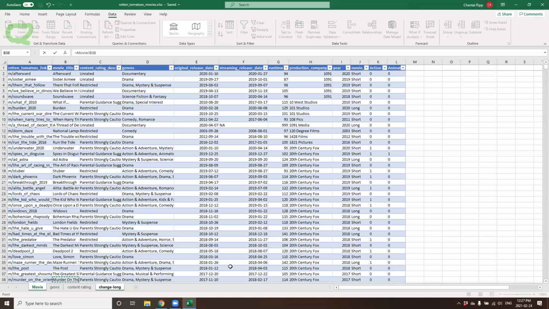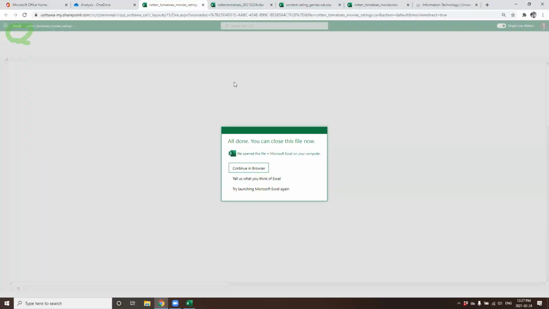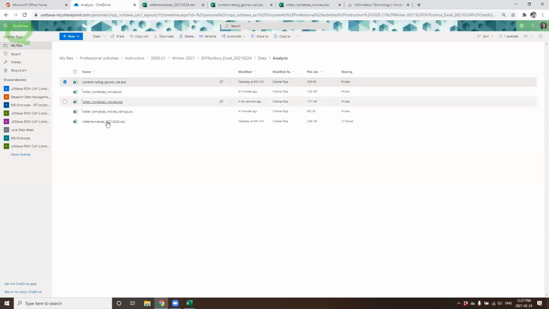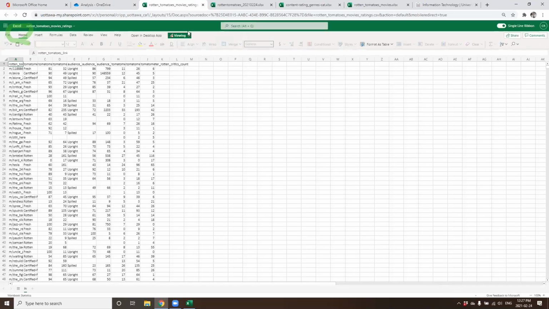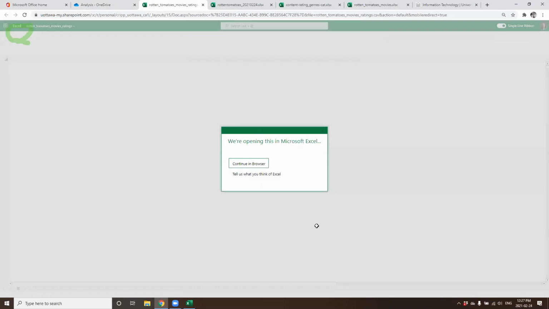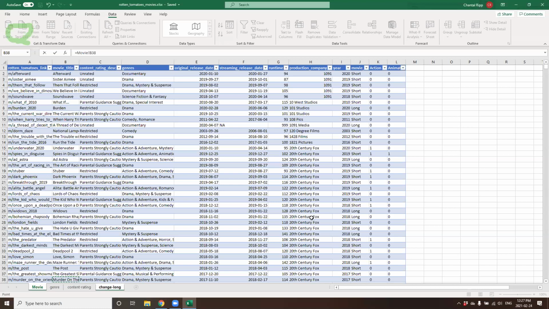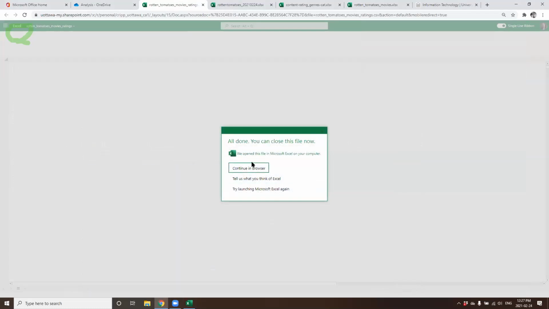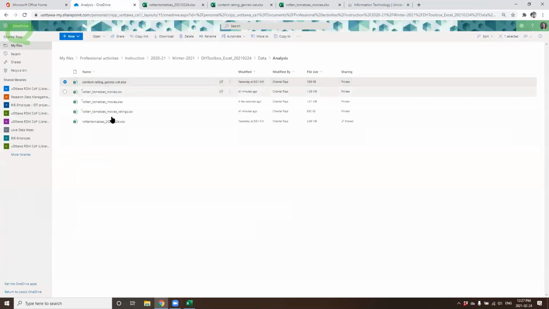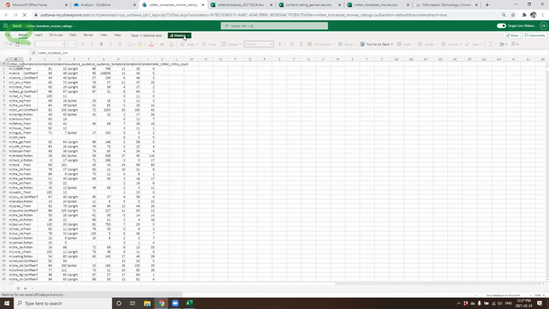I'm going to open it, and Excel is opening my CSV file, yes. Did Excel open my CSV file? It hasn't had enough coffee today, my computer. I feel you.